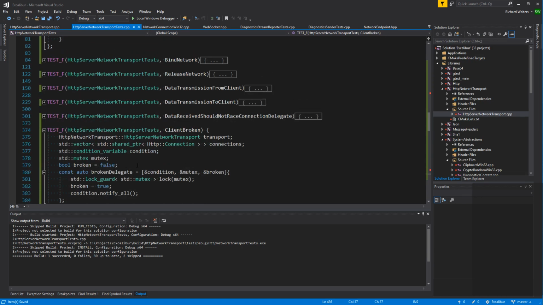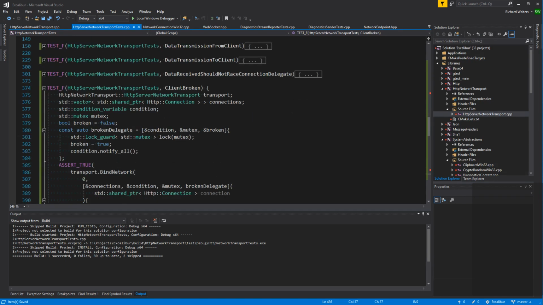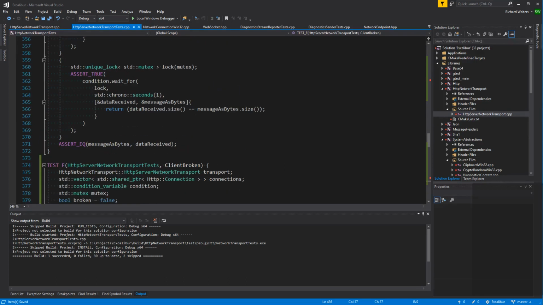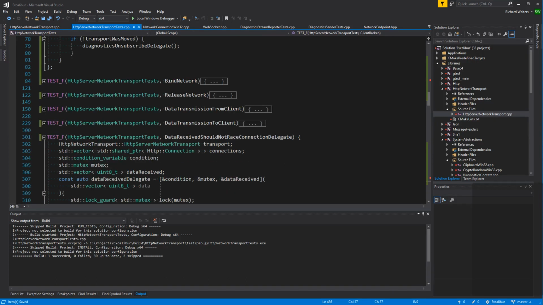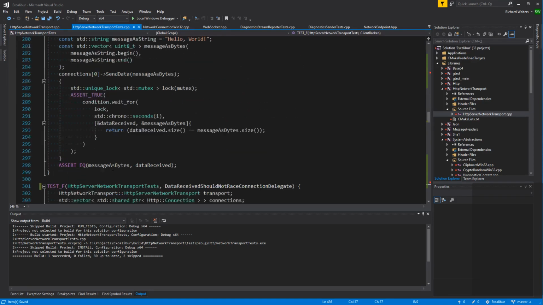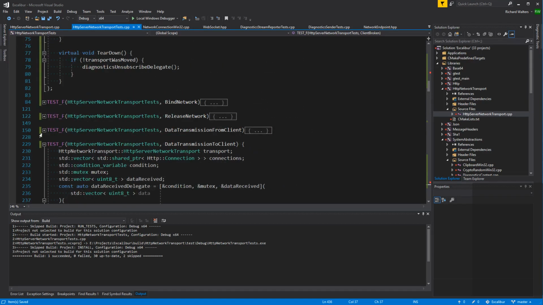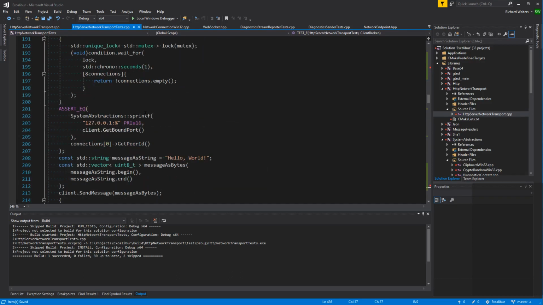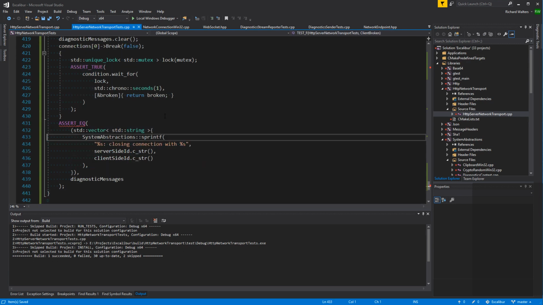Some of these other tests form those strings, I think. So let's peek. Not that one. Not that one. It's one of these. Here we go. So that's the client side, right? Yeah, that's the client side.